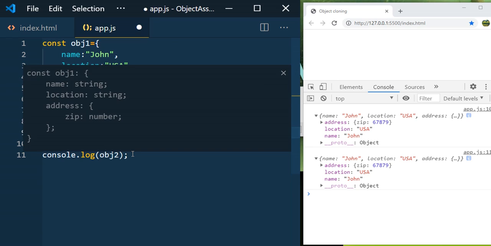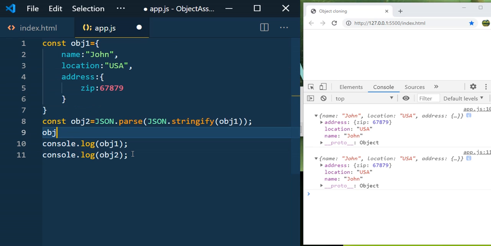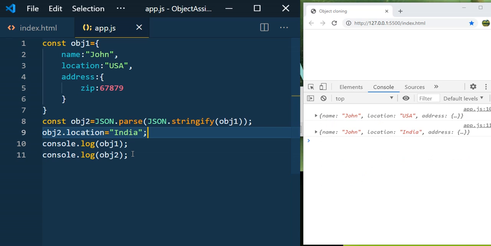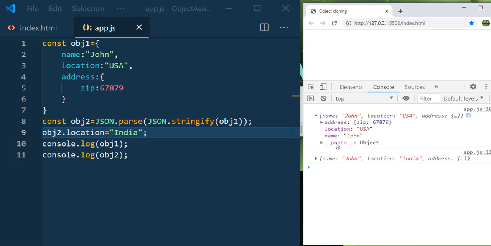And now let's make a first-level change, object2.location to India. Save it. You can see that the location is USA and the location is India. So it didn't affect object1, which means it cloned successfully.